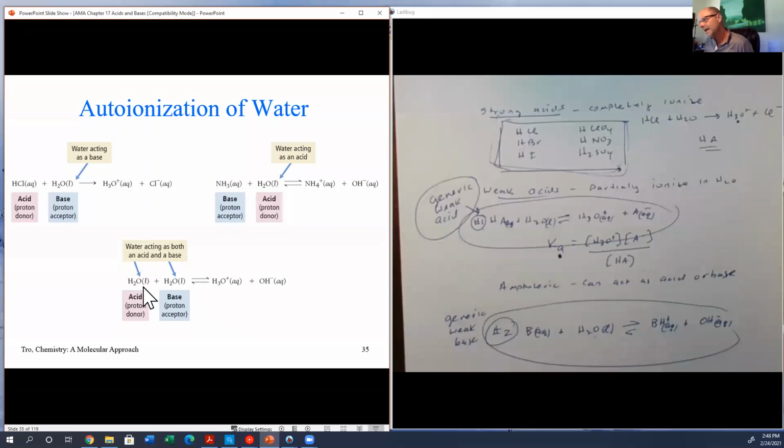Okay, so water acting as a base, water acting as an acid, and here's water acting as an acid and a base with itself. Okay, so this is called the autoionization of water. If you just have a sample of water,